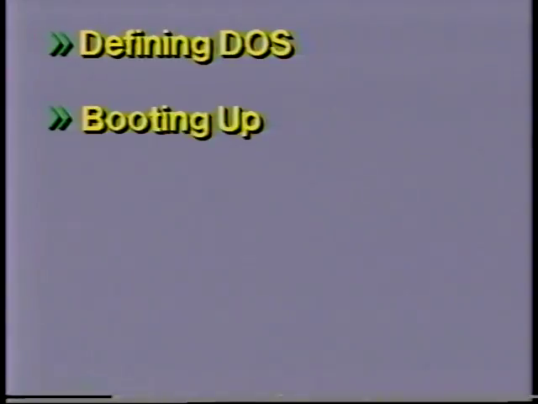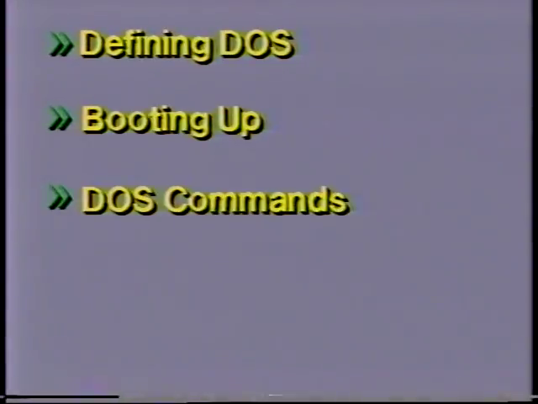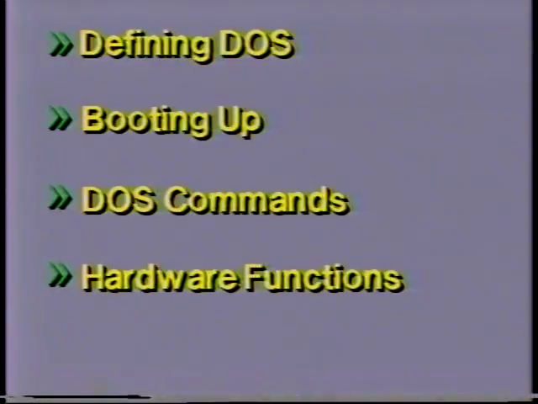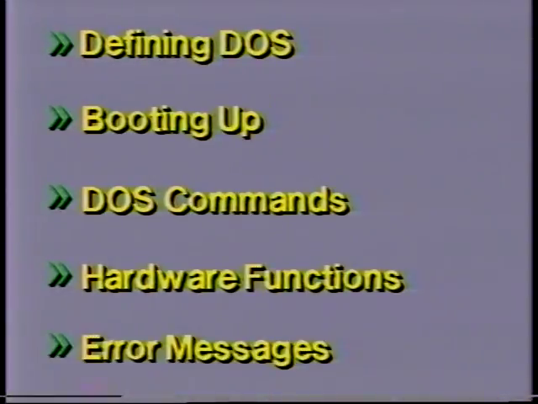Now I want to urge you, whenever you get an error, stop and review what you really want to do. Remember, the disk operating system is a series of programs supplied by IBM that control and monitor your IBM PC. We've showed you how to start and boot up the disk operating system. We've discussed the commands that you'll be using in the daily operation of your PC. We've explained some helpful hardware functions, and we showed you the cause and solution of some of the more common